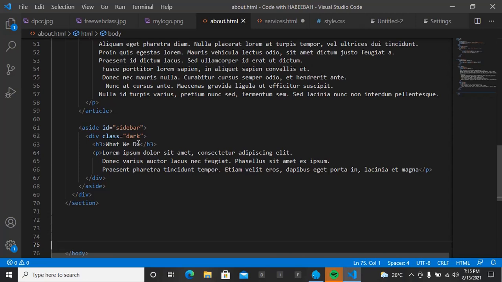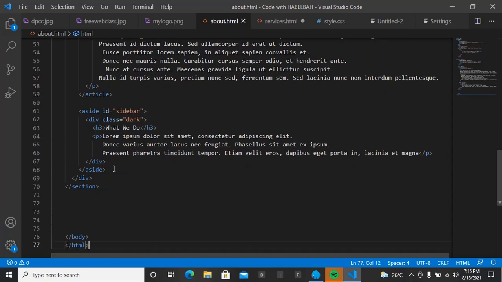Divider, we give it a class name of dark. Then H2, what we do. Then under the paragraph, you write what you do there. So that is that for this section. So do that, and let's quickly see what we have under the